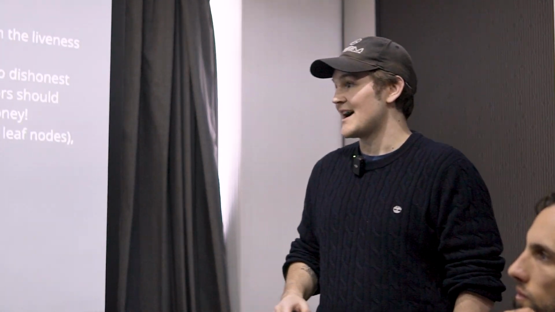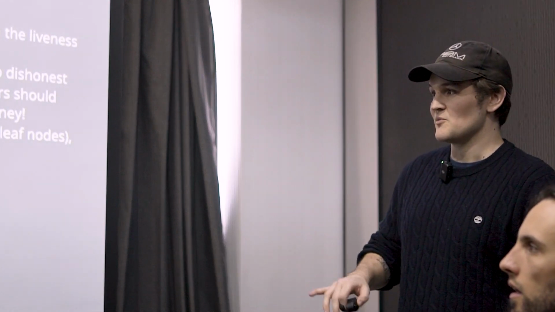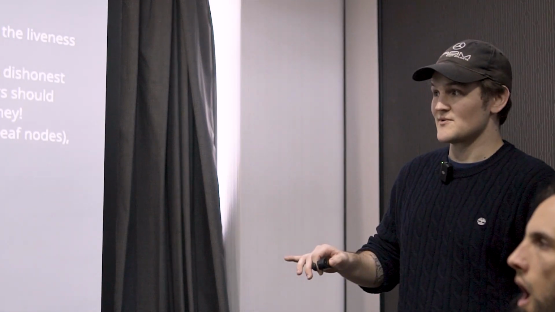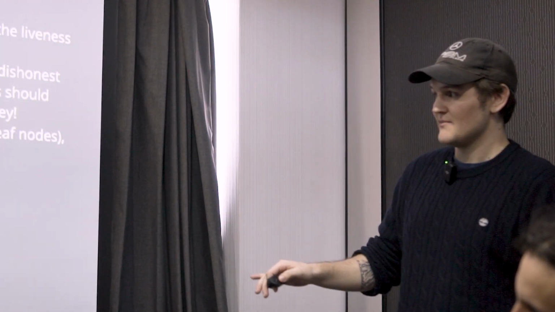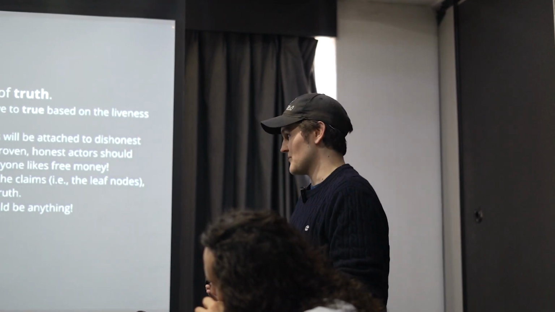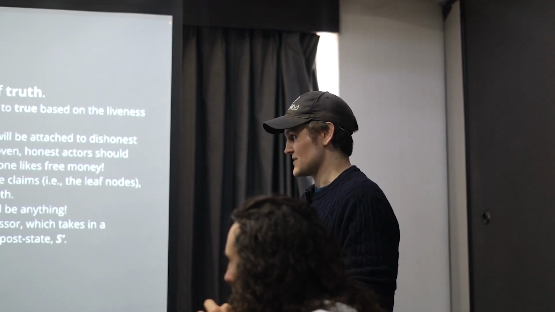If a disagreement is had at the most fundamental level of the claims, the leaf nodes, then we must rely on that on-chain oracle as the source of truth. That source of truth will actually be what resolves the dispute at the leaf node level of the game. For the purposes of the generic game, this oracle could be anything. It could be a function that always returns true. It could be a multisig. It could be a ZK proof. It could be a fault-proof VM processor that's on-chain, et cetera.